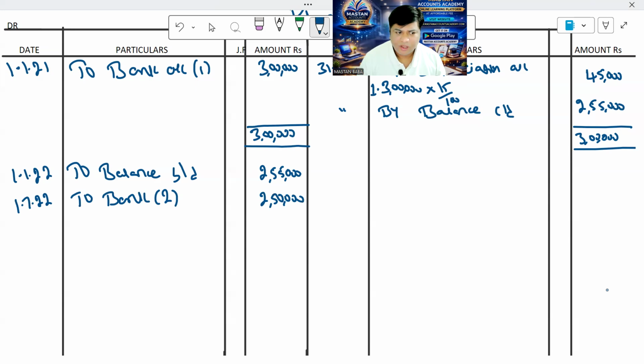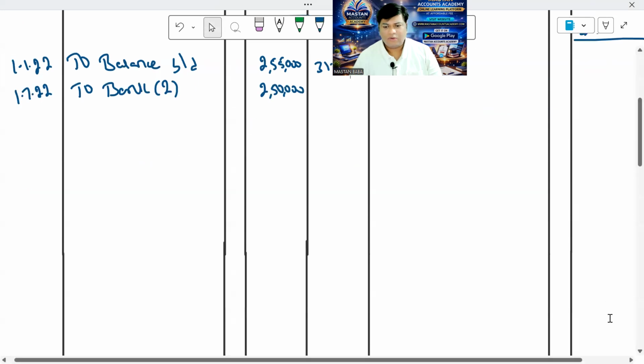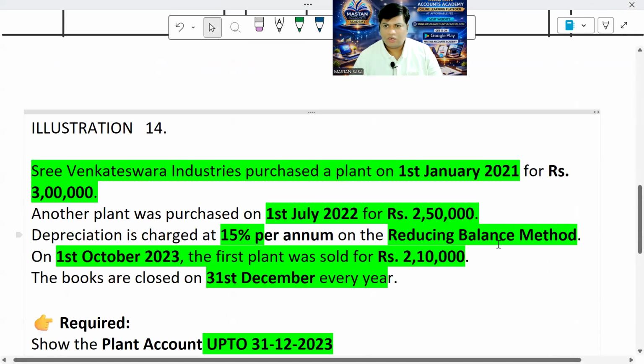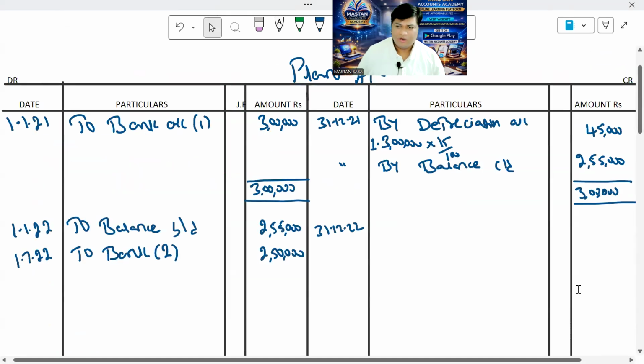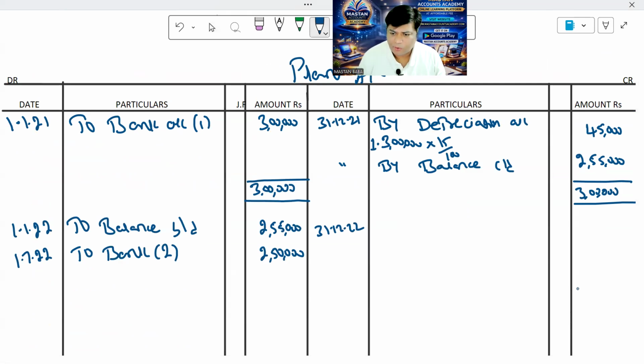2,50,000 and 31/12/2022. Is there any machinery sold in the second year, check it once again. So July lో second machinery కొన్నట్లు క్లారిటీ ఉంది మనకి. But first machinery sold in 2023. సో 23 లో ఉన్నాం కాబట్టి just calculate the depreciation for both machines. For first machine full year, second machine proportionate period